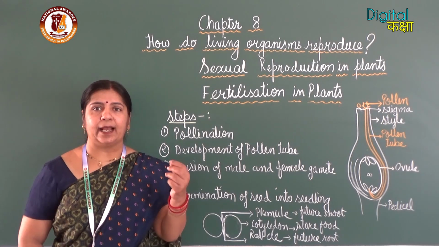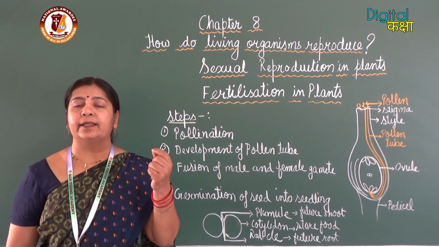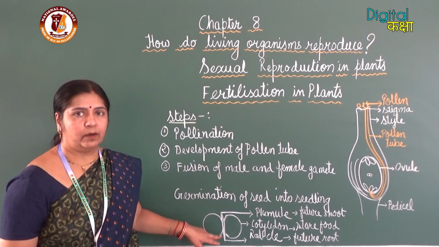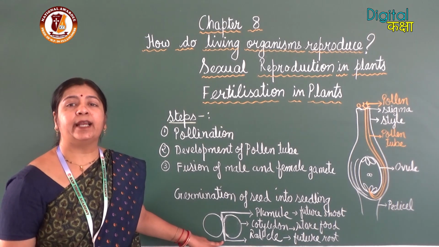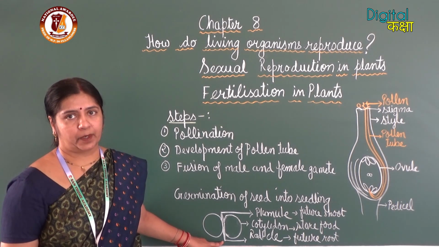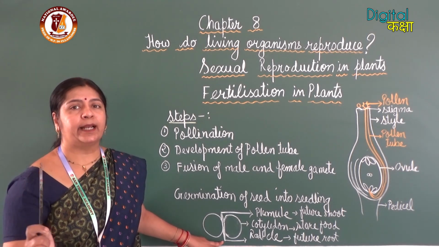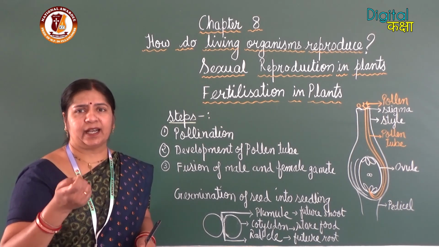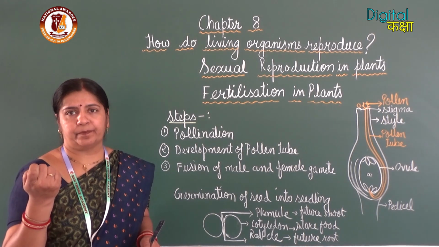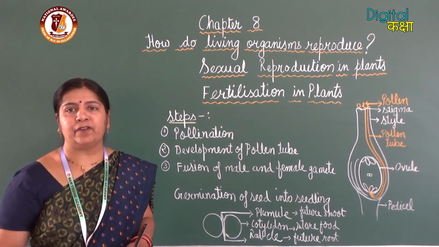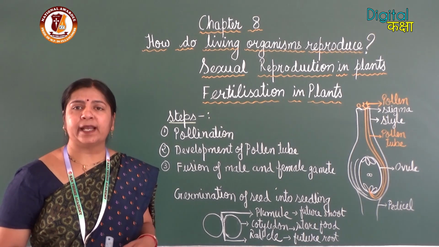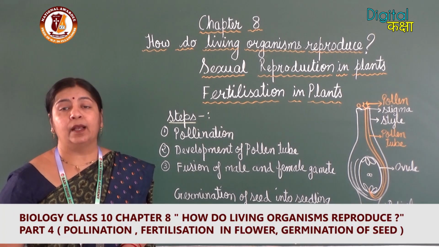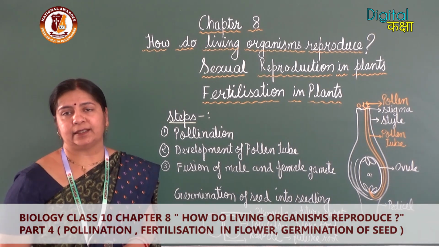Now, as I have told you, there is a growing embryo inside the seed. So, this embryo will germinate into new plant. When we soak seeds in water, after some time, we see a tiny growth developing. That is the root which starts developing from the seed. After few days, you will see another outgrowth starts growing in upward direction. That is, the tiny shoot starts developing.